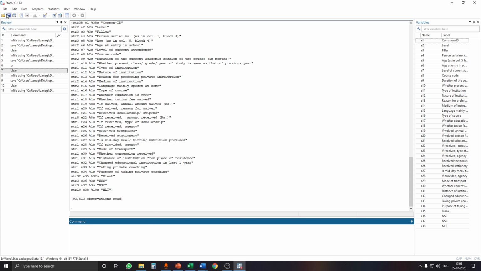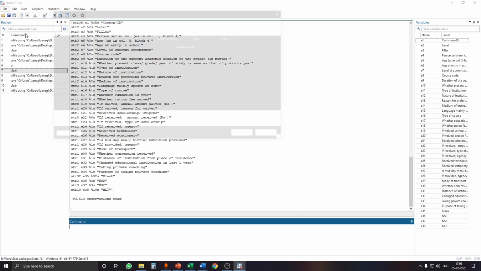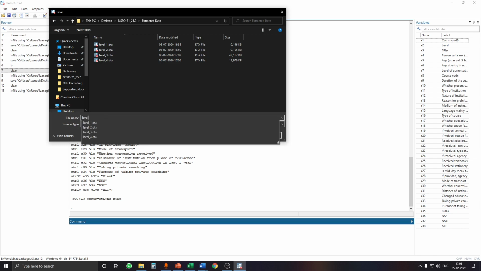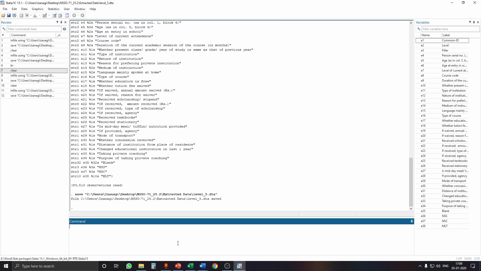Now we have to save it. So we'll go to file, save as, go to the extracted data folder and save as level underscore 5, and it is in DTA format. So we will save it. So we have successfully extracted 5 out of the 6